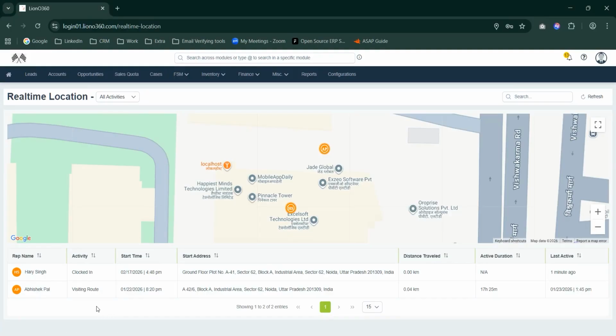The most important thing is that it will only show the names of reps who are currently clocked in on the mobile 360 CRM app, whether they are only clocked in or also on a route. To check more details,